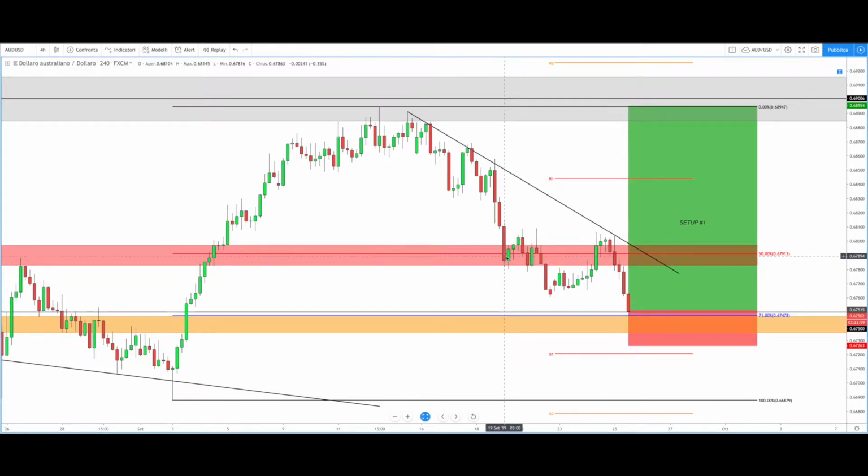0.68. And we can see that in the last hours of last week, the price broke the lower part of this small consolidation area and closed the weekly candle just a few pips above this key level